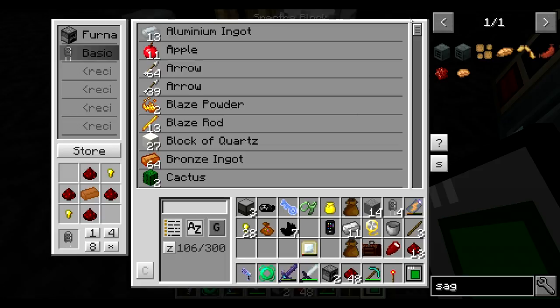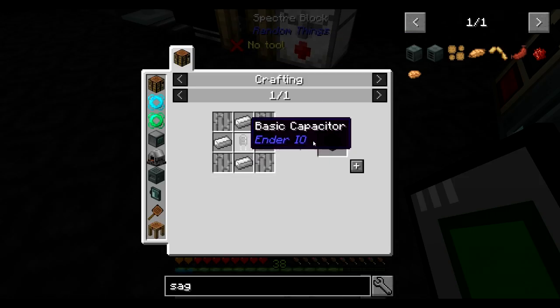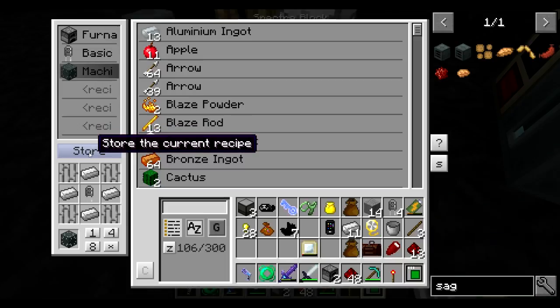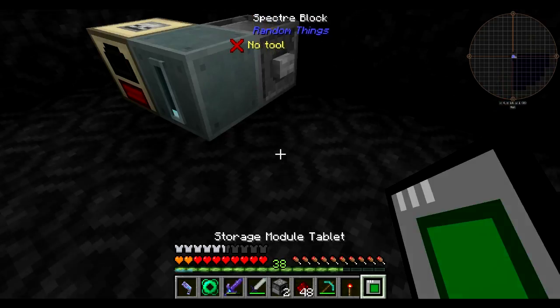Now, I stored some iron bars here because I'm going to need them. So here we go, machine chassis. This I'm also going to have to craft a lot. So let me store this recipe right here. All right, let's just get one of those for now. Actually, we're going to need a second. All right, so with that in mind,